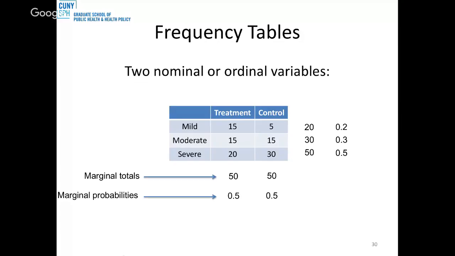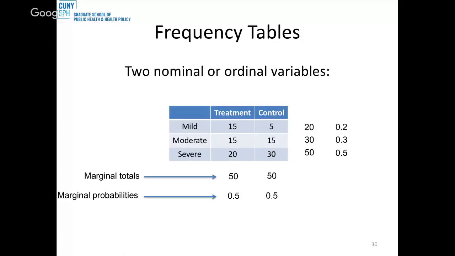That's something that you will hear as you go through statistics. It sounds exotic when you first hear it, but it's really pretty simple. It's called marginal. I think the origin of it is because it's written in the margins of the table. In this case, this would be the marginal probability of being in the treatment or the control group, regardless of the pain that you reported. And along this margin, these are the probabilities of experiencing mild, moderate, or severe pain, regardless of whether you're in